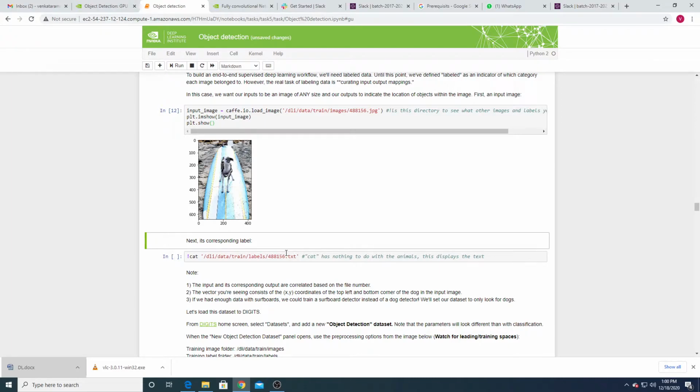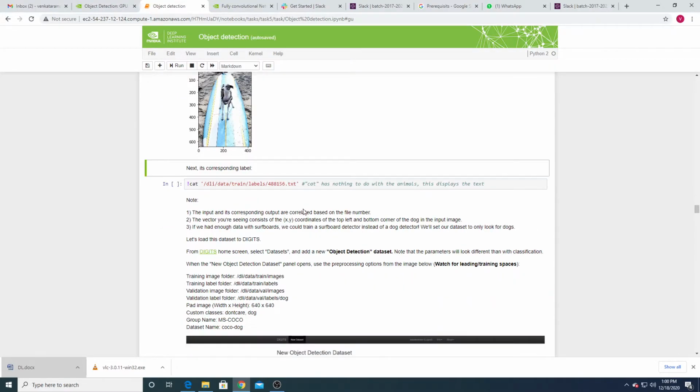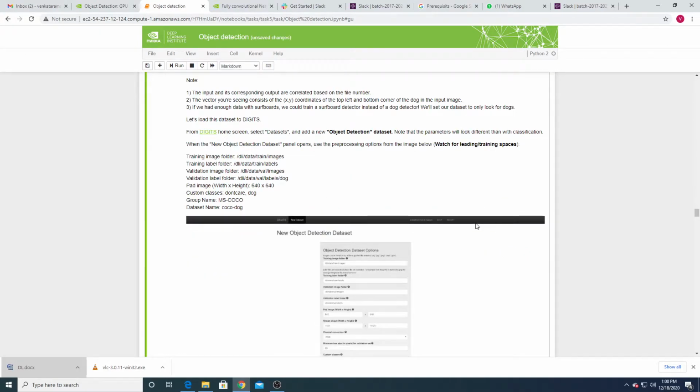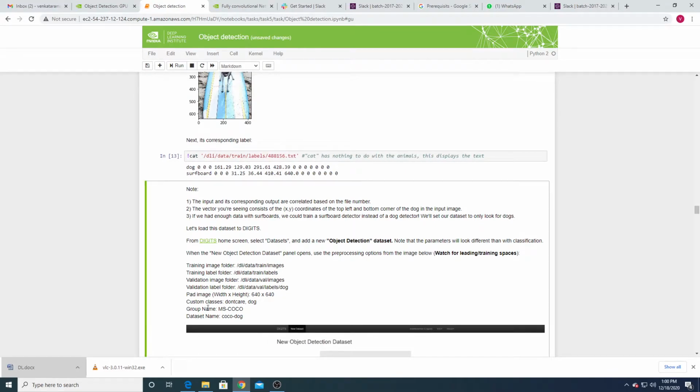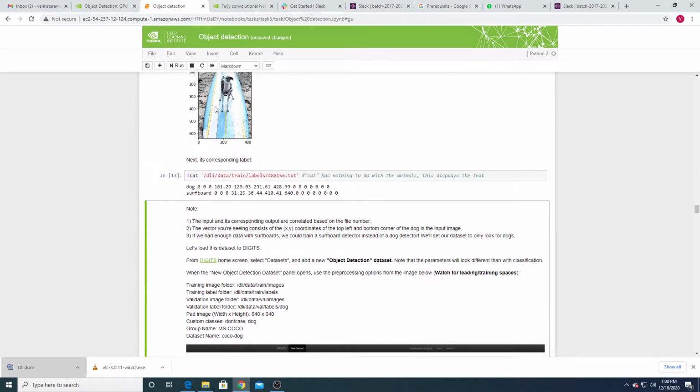So this is the image, and in these XY corners you have an object, this object, like that it will show. So you have two objects. You observe one object is a dog, another object is some boat, right? Now, what is the output here? See, what it represents is a dog.